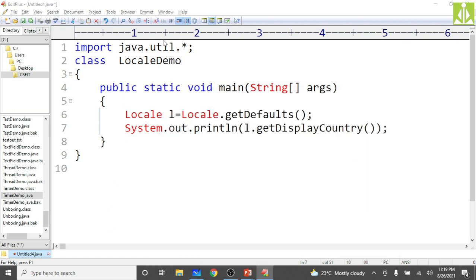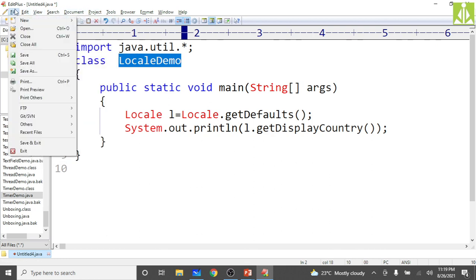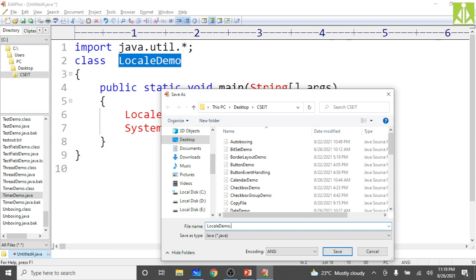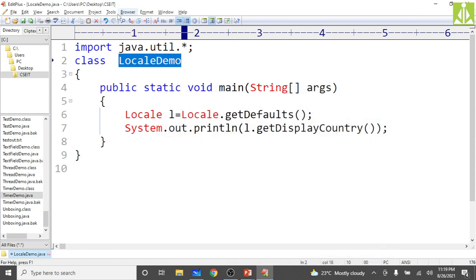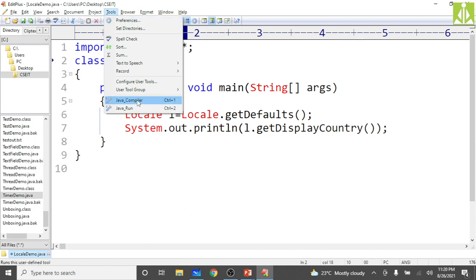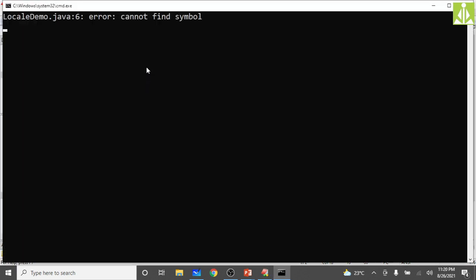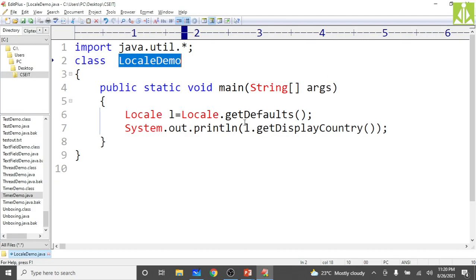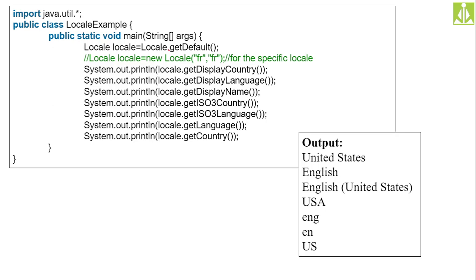Let me just save this. We will see whether it goes according to the package or according to the system defaults. Compile Locale demo.java. If it is printing US only, it means it is going as per the package. Getdefaults, cannot find symbol, getDefault.